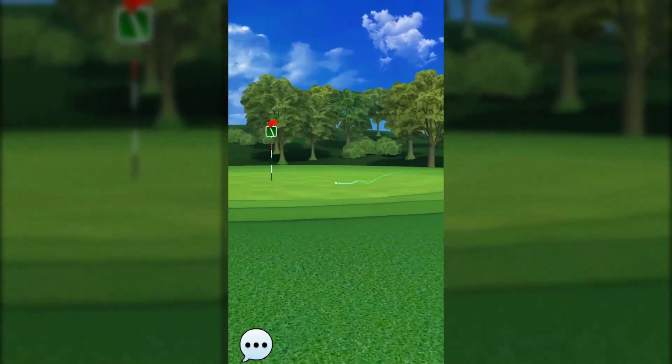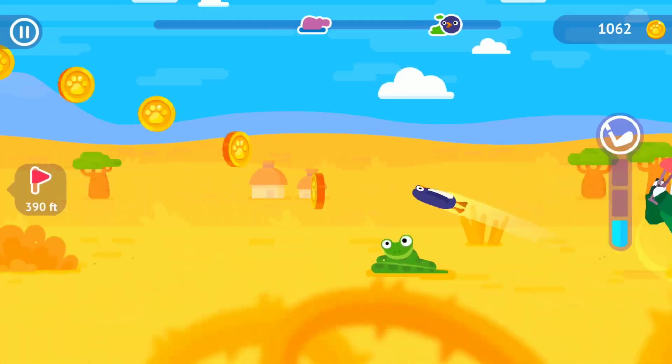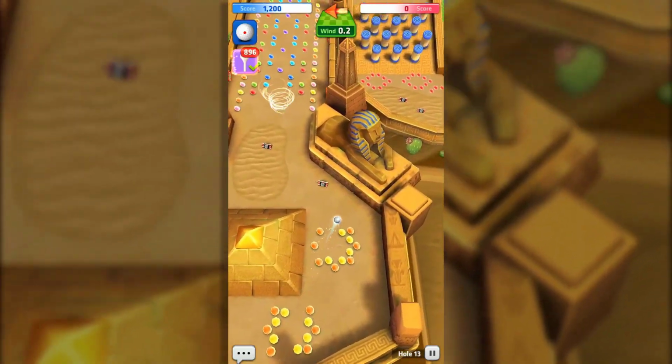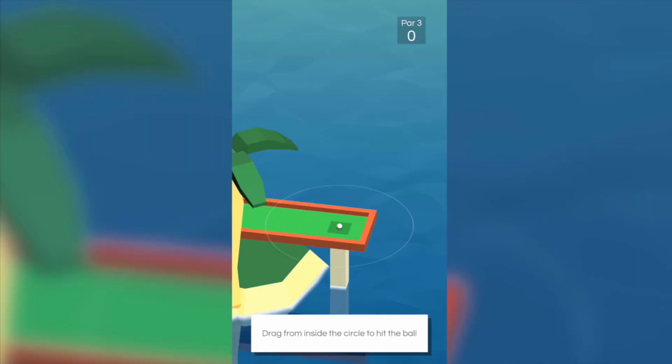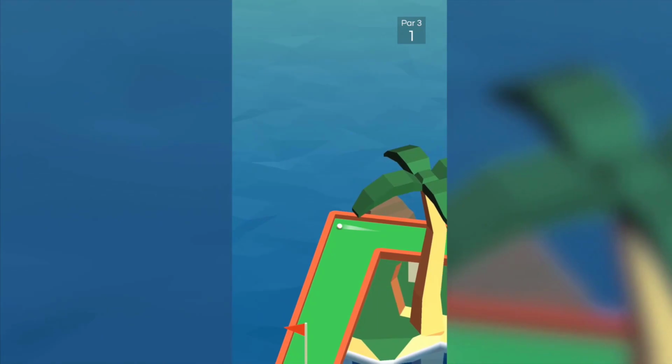Golf games have been topping the chart for many years. Casual gameplay mechanics and awesome graphics have made these games playable by large audiences. I love golf games a lot. Great way of time buster. And I'm sure you guys also must have played some type of golf game in your life.